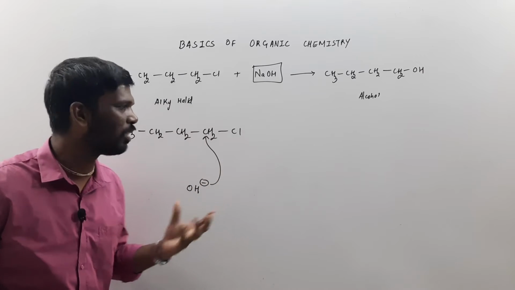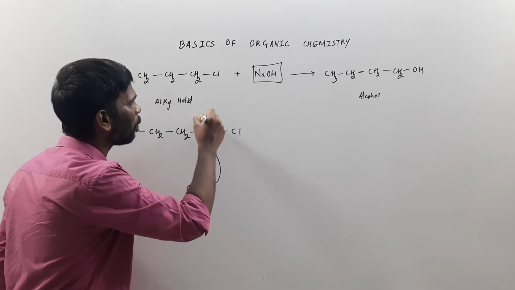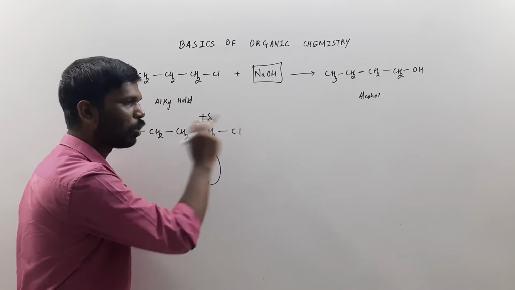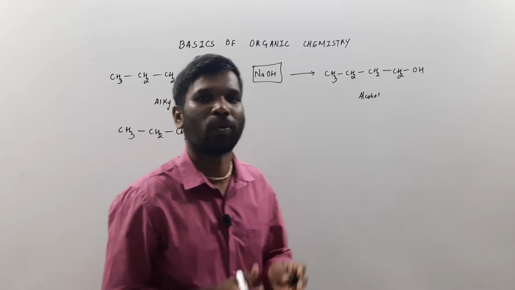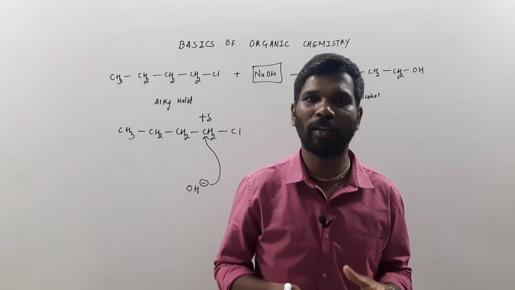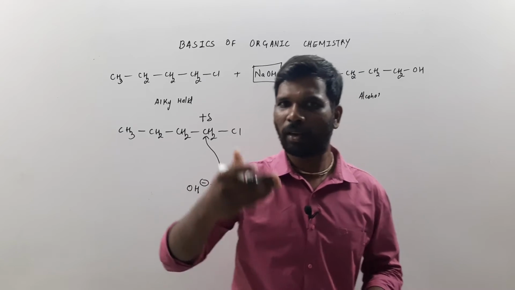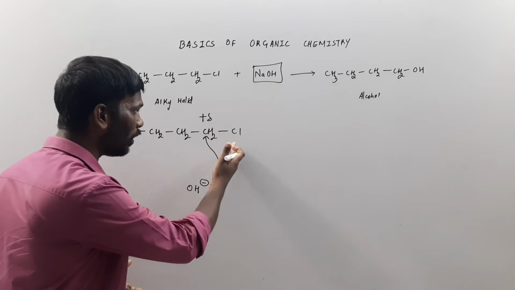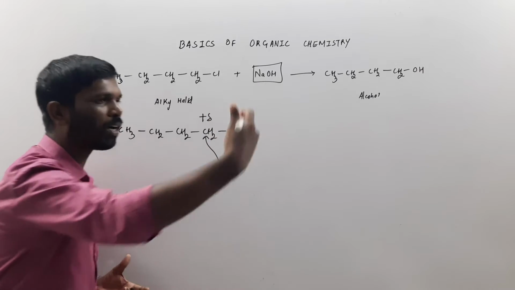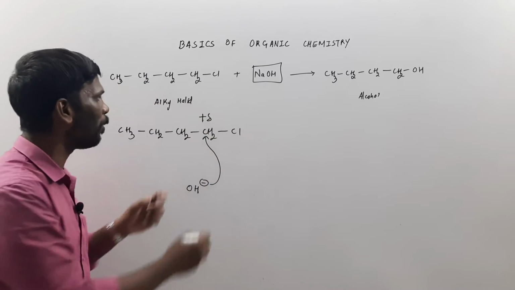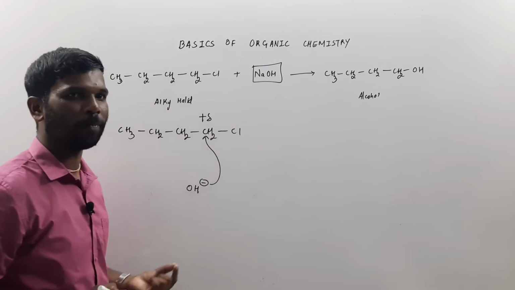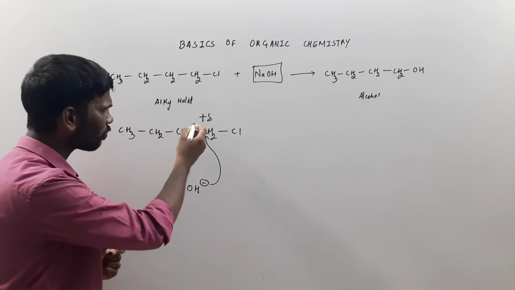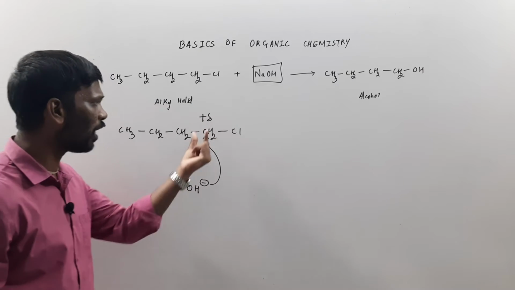The reason is very simple, because this carbon is partially positive, because this carbon is attached to a chlorine which is a highly electronegative element in the periodic table. Fluorine is also there, chlorine is also an electronegative element. So it pulls the electron density of the carbon towards itself and makes this carbon electron deficient. These effects are also there through the inductive effect, but the magnitude of the positive charge on this carbon